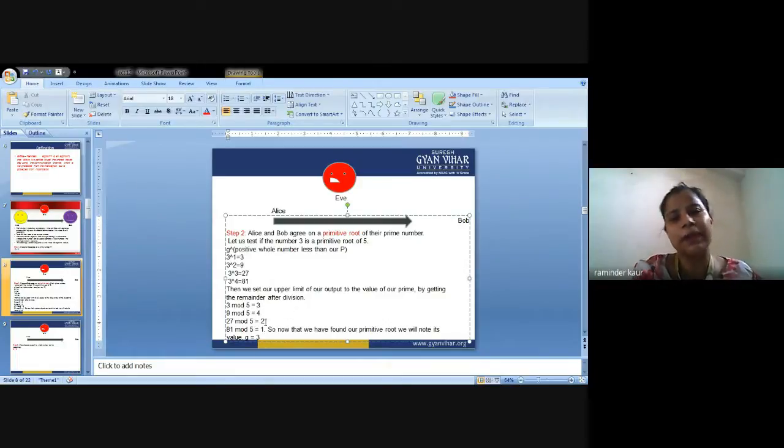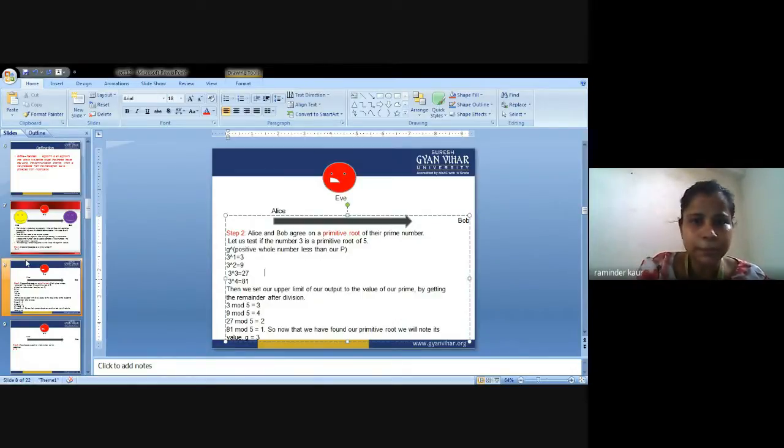So this is step 2. I told you in the layman language, and this is the actual representation of step 2. Just have a look at it, I am giving you 2 minutes. Just have a look at it. If you do not understand anything in step 2, let me know. Have a look at it quickly.